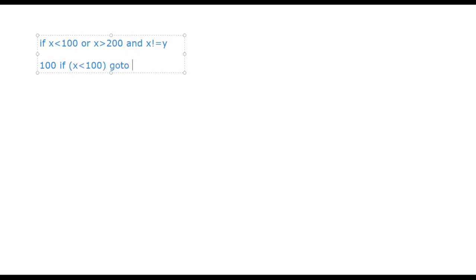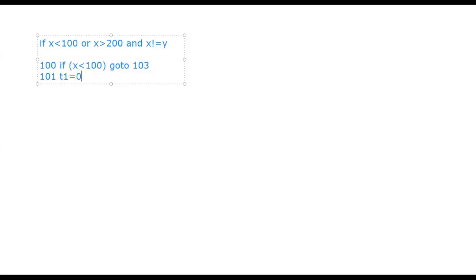Okay. Now go to where? Go to the starting of the and condition. Go to where? Suppose I have written line number 103. What will I write in line number 103? You will see later. Now, if this statement is not true,